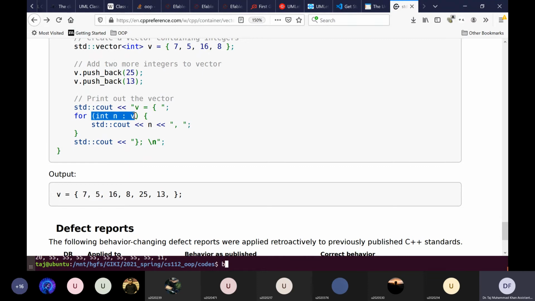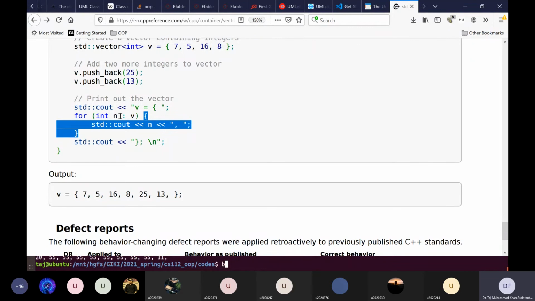There is no start mentioned, no mention of end until where we want to go, no mention of less than or less than equal to, and no mention of plus plus, etc. How we want to increment. It's really that simple. So you give the variable n and this vector v, the data type that supports ranges, in this case vector after the colon, and then you have the loop body. Okay. So the loop body will be run every iteration.